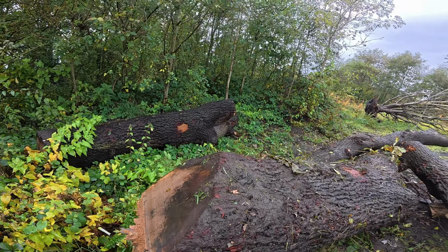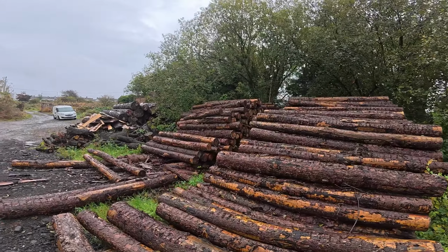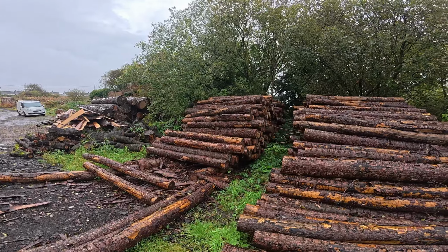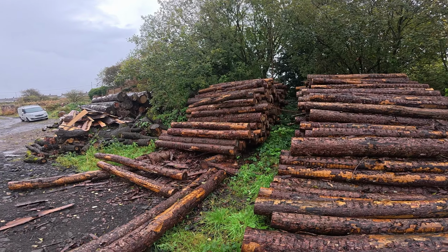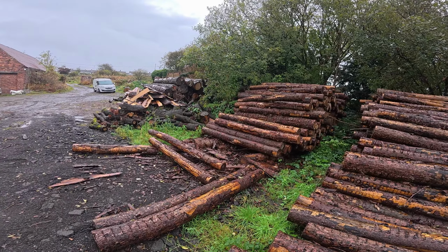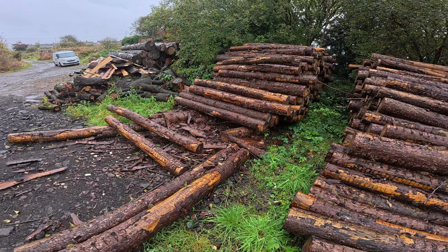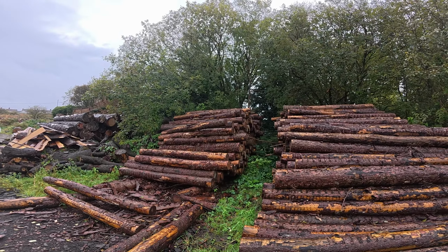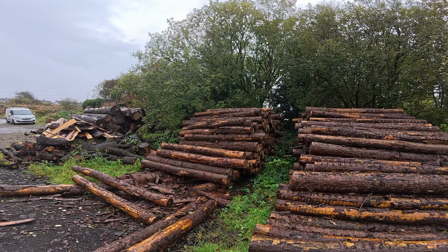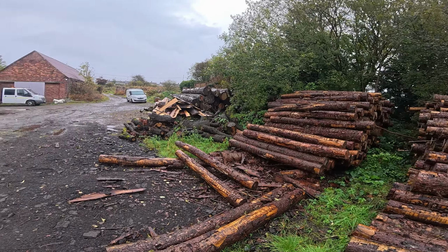So as you've seen on the previous video as well, we've started going through the softwood pile now. I'd say we were about a third of the way through that pile anyway. It came out to about here, but ramped up, so maybe a third through. I want to try and get back on that this week as well,